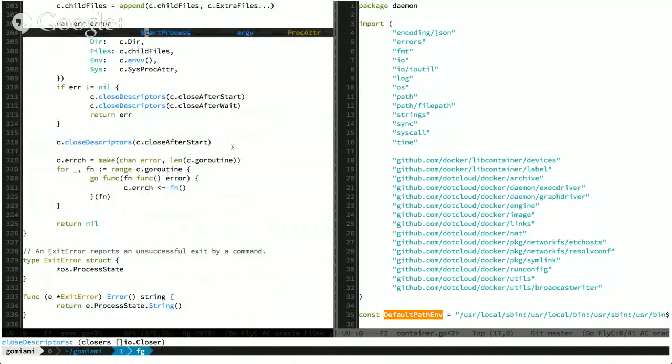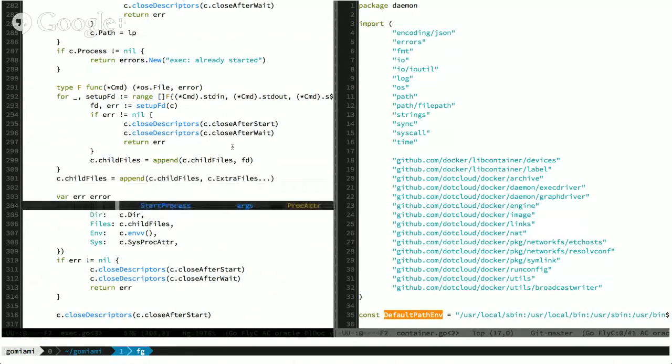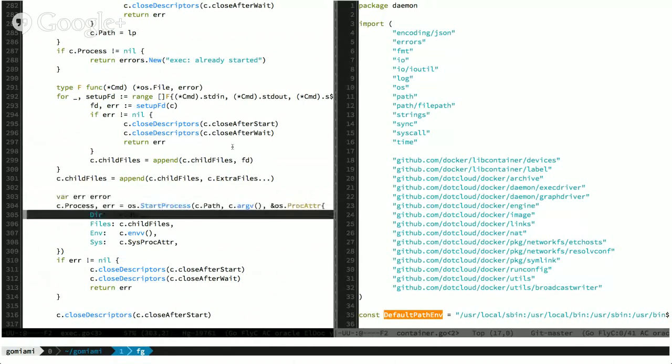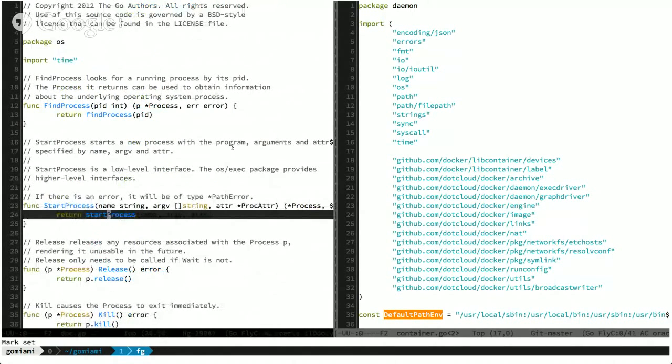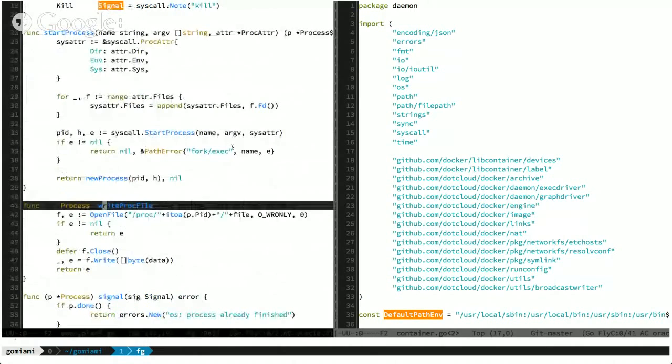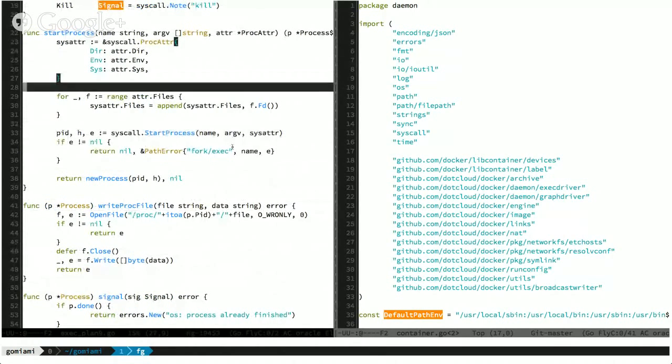And even though it might look a bit tough, it's really not, actually. With a bit more time, you just take it line by line and you see it's standard Go. There is nothing crazy about this. What's interesting to us is the OS start process, which is just here. We can see what's going on: it's going to start the process, it's going to set the proc attr, which is also an attribute of the process itself, and then it's going to start the process,